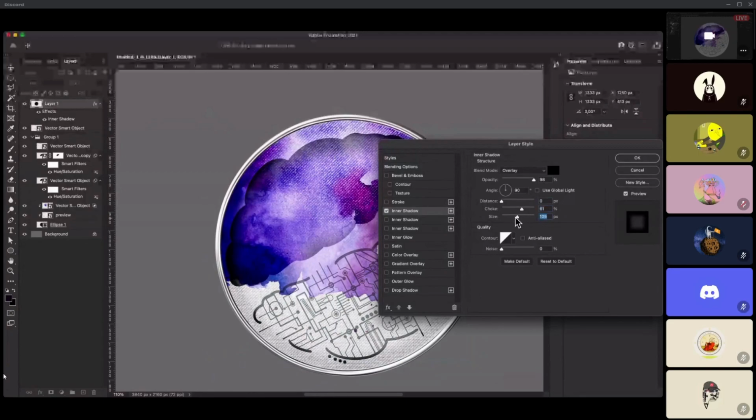I can drop the size a bit, so it gives a little feeling as if it's coming out in 3D, as you can see.